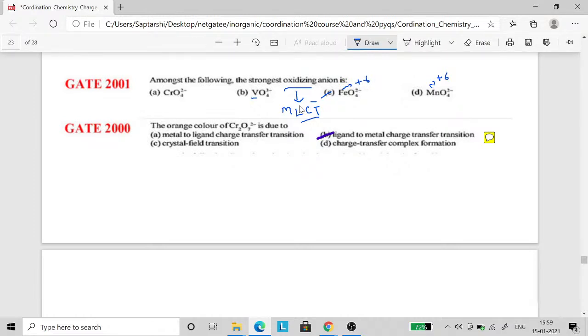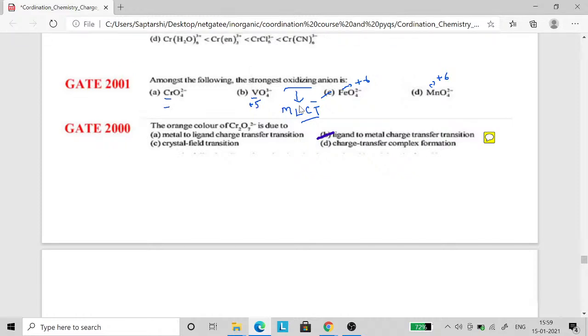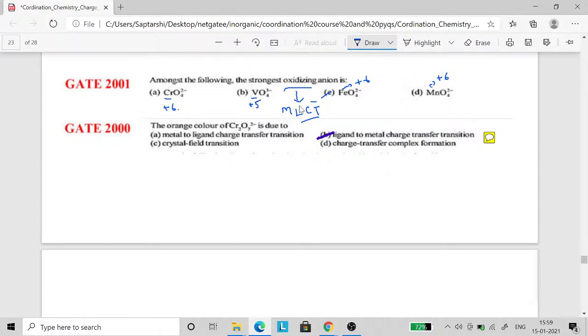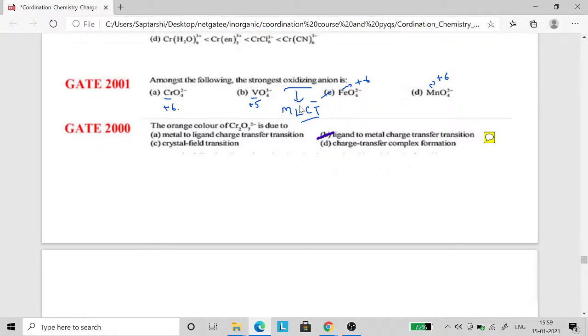V will have plus 5 charge, and Cr will also have plus 6 charge. Okay, so over here it says the strongest oxidizing anion, right? So because it has a plus 6 charge, and Fe in the plus 6 charge,